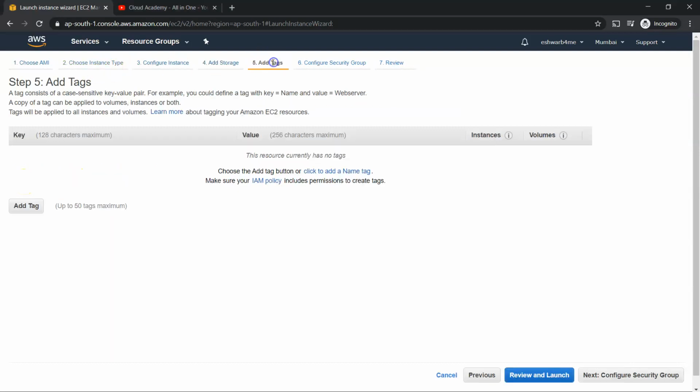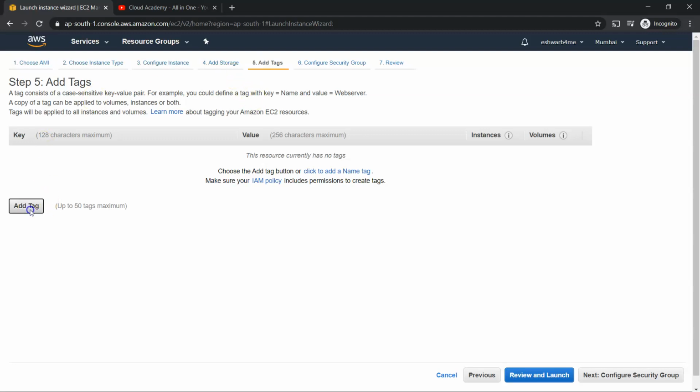Next one is tags. In case you want to track all one type of resources under tags, that will be really good. For example, if you are creating a website, all website related stuff you want to keep with one particular tag, so you can easily track those resources which are for one particular purpose.